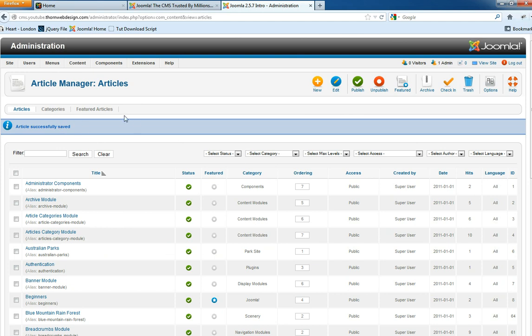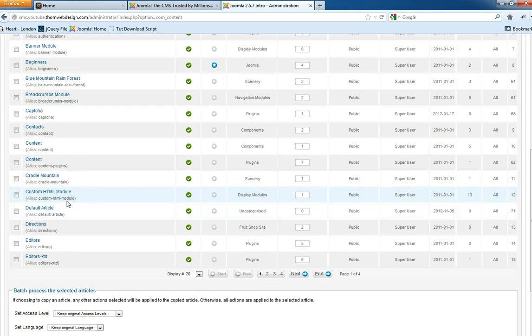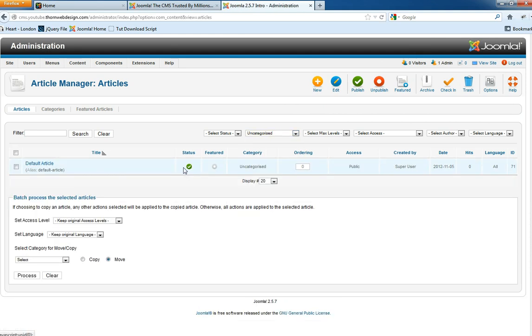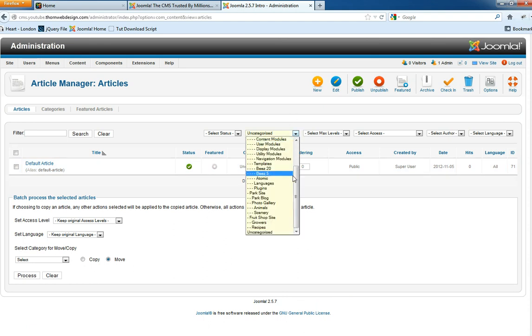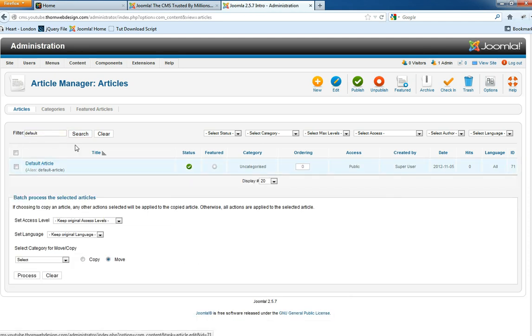under uncategorized. So to find the article, go on content, article manager, click on there, then list down all of the articles in alphabetical order. So you can either go down and find it through alphabetical order, and it's here. Okay, or otherwise you can search by category, which we put it under uncategorized. That refreshes, and then we get it here. Alright, and then also, you can naturally just change this back to select category. We can then type in here, press default and click search, or press enter, then it comes up with default